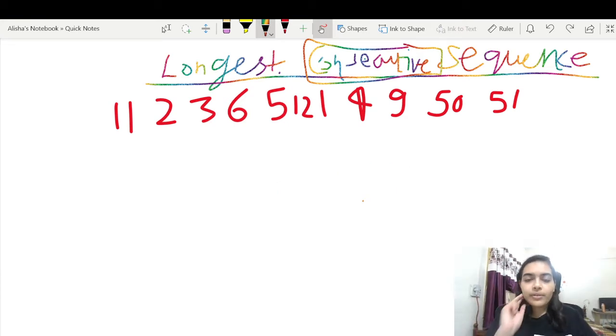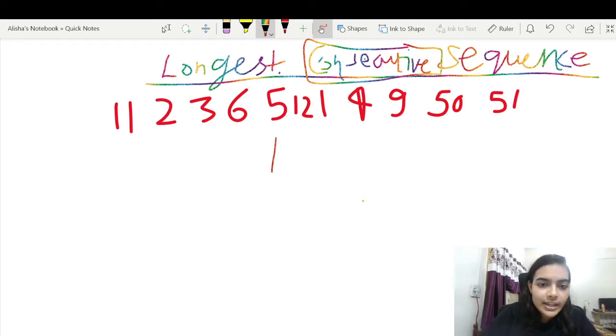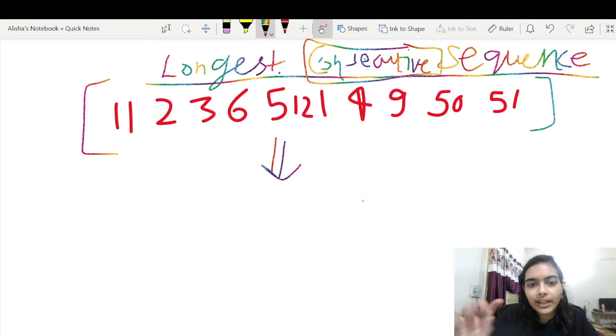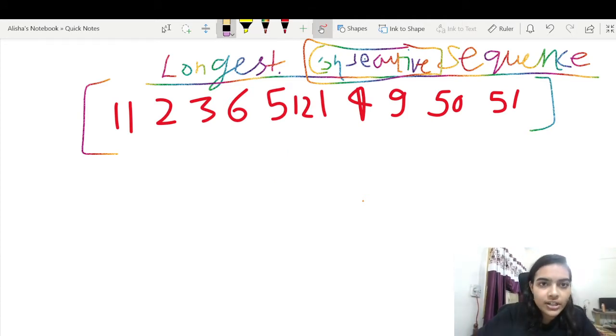We will have to store some values, because if we are going to do it in O of n time complexity, we'll have to somehow compensate for it, and we will have to use some space complexity. So let's see what we are going to do. We are going to basically store all these elements first of all in a set. Let's say this is the input array that was given to me. I will store the same input array in another data structure, which is a set.